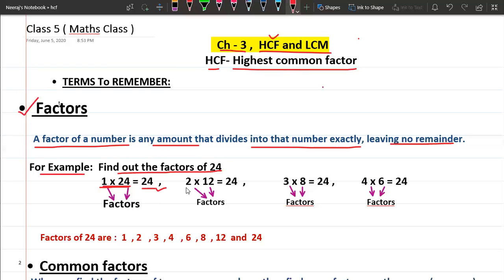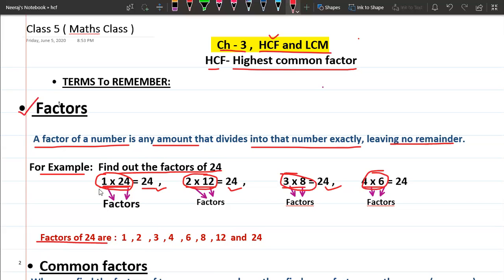The next number is 2. If you multiply 2 into 12, you will get 24. In the same way, we multiply the next number 3 by 8, and it equals 24. You have to make the factors like this so that your answer after multiplying the numbers is 24. The last pair of factors is 4 and 6, and this gives you 24 because 4 into 6 is 24. The four pairs we have got here are called the factors of 24. So what are the factors of 24?